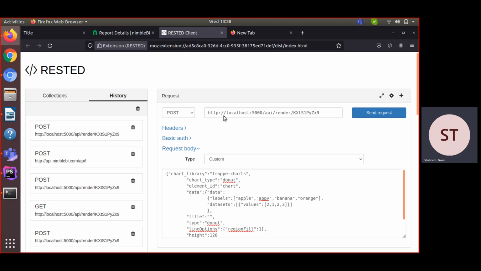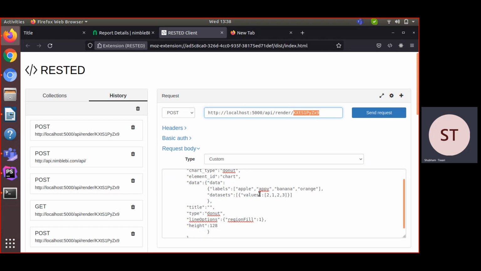You can see my tab is open for Rested, and its method is POST, and this is my Nimble BI API. Because I'm testing in a local environment, I'm using my local API, and you can see it's my API key for the Nimble BI Node API.